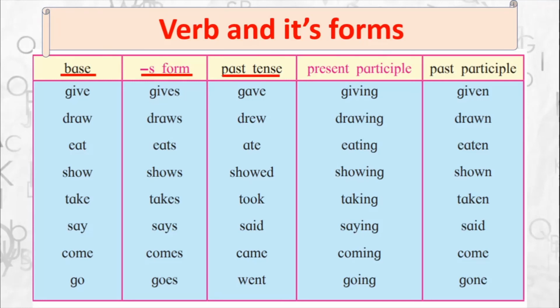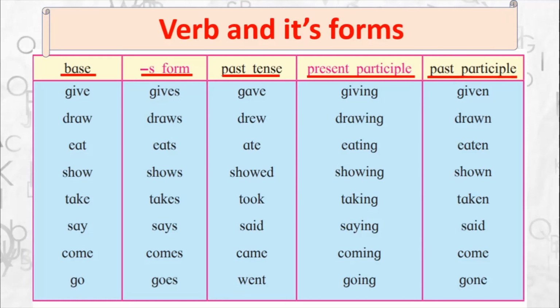Present participle is giving. And past participle is given. Likewise, we have draw, eat, show, take, say, come and go. Alright, I will not take time now to read all of them because we have just a 15-minute slot, children,